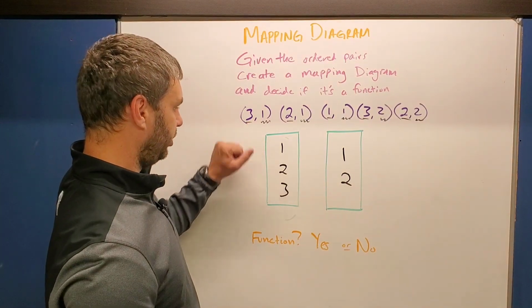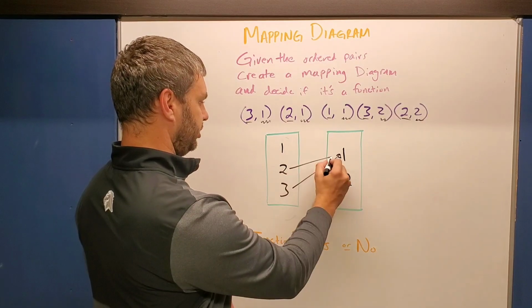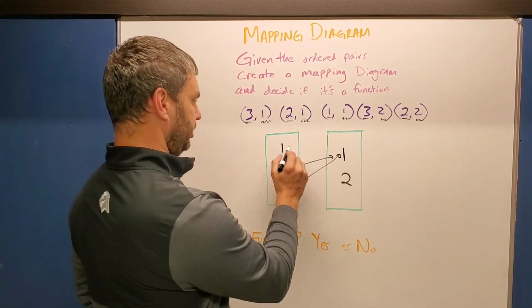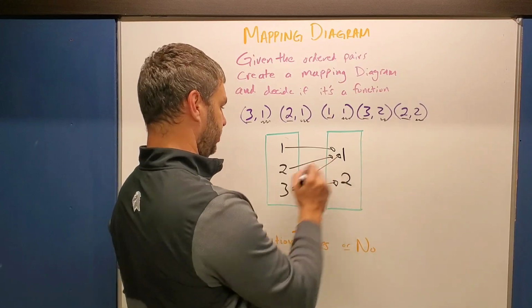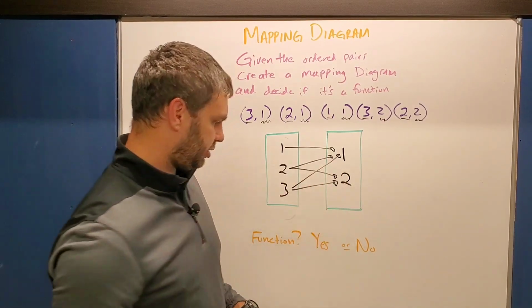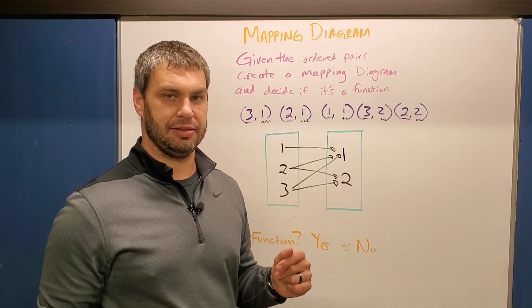So we have 3, 1. So 3 is going to go up to 1. 2, 1. 2 also goes to 1. 1, 1. So far they're all going to 1. 3, 2. And 2, 2. Okay, just like this. And once it's in a mapping diagram, it's really easy to tell, is this a function